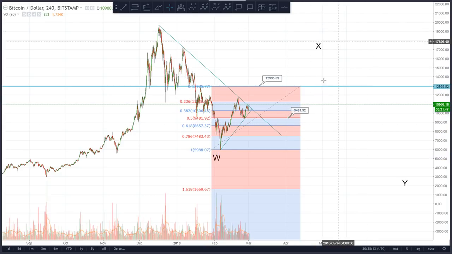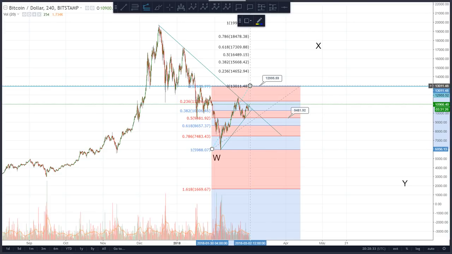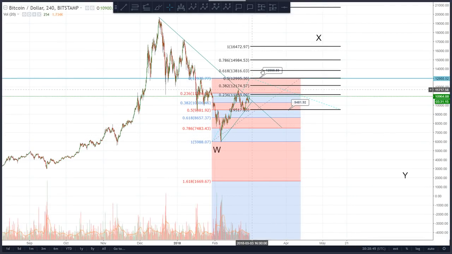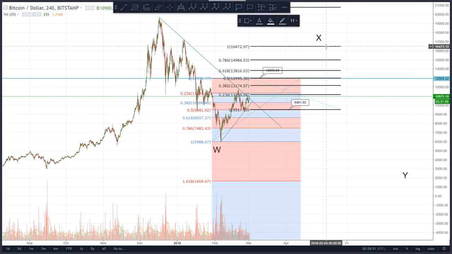And now if we remove that, now ABC patterns. So I'm saying this is an A, B, C. Very often A is equal to C. And let's see what will happen if we plot this now. So if we do a fib extension, so that's where A wave will finish. Also, from B, we're expecting C to finish around here. That's where A will be equal to C, providing that B finishes here. So again, little price projection there. 16,400.